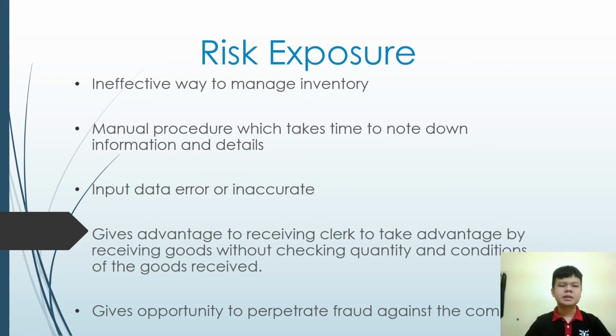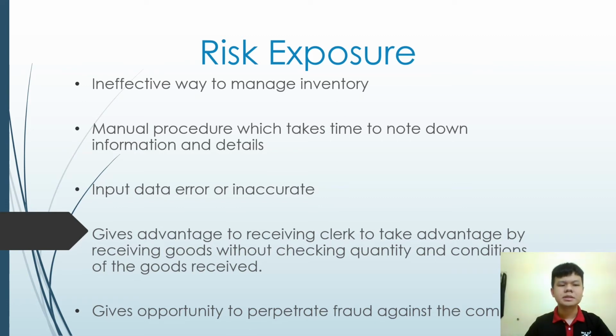For the first risk exposed by the Roga Roga Enterprise is an ineffective way to manage inventory, in which the inventory control clerk sends emails through personal email to request a purchase order. This causes inventory replenishment not to be implemented in time, and it results in a lack of stock to sell to customers, which causes business interruption or missed sales and missing out on cost efficiency. The second risk is that the manual procedure takes time to note down all the information and details provided in the email, including item code, description, and quantity, before proceeding with preparing a purchase order. That causes delay, and the situation gets worse when the purchasing clerk does not check his email immediately.